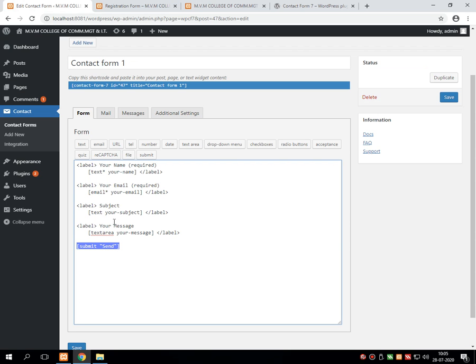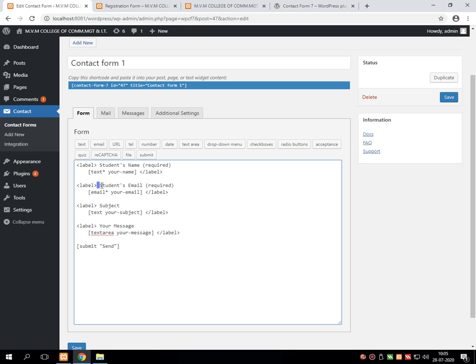Now, say for example, I want to edit something. For example, I don't want your name over here. I want to write student name. So simply what I am doing, here I am giving student's name, then student's email, and the rest two I am keeping as it is.